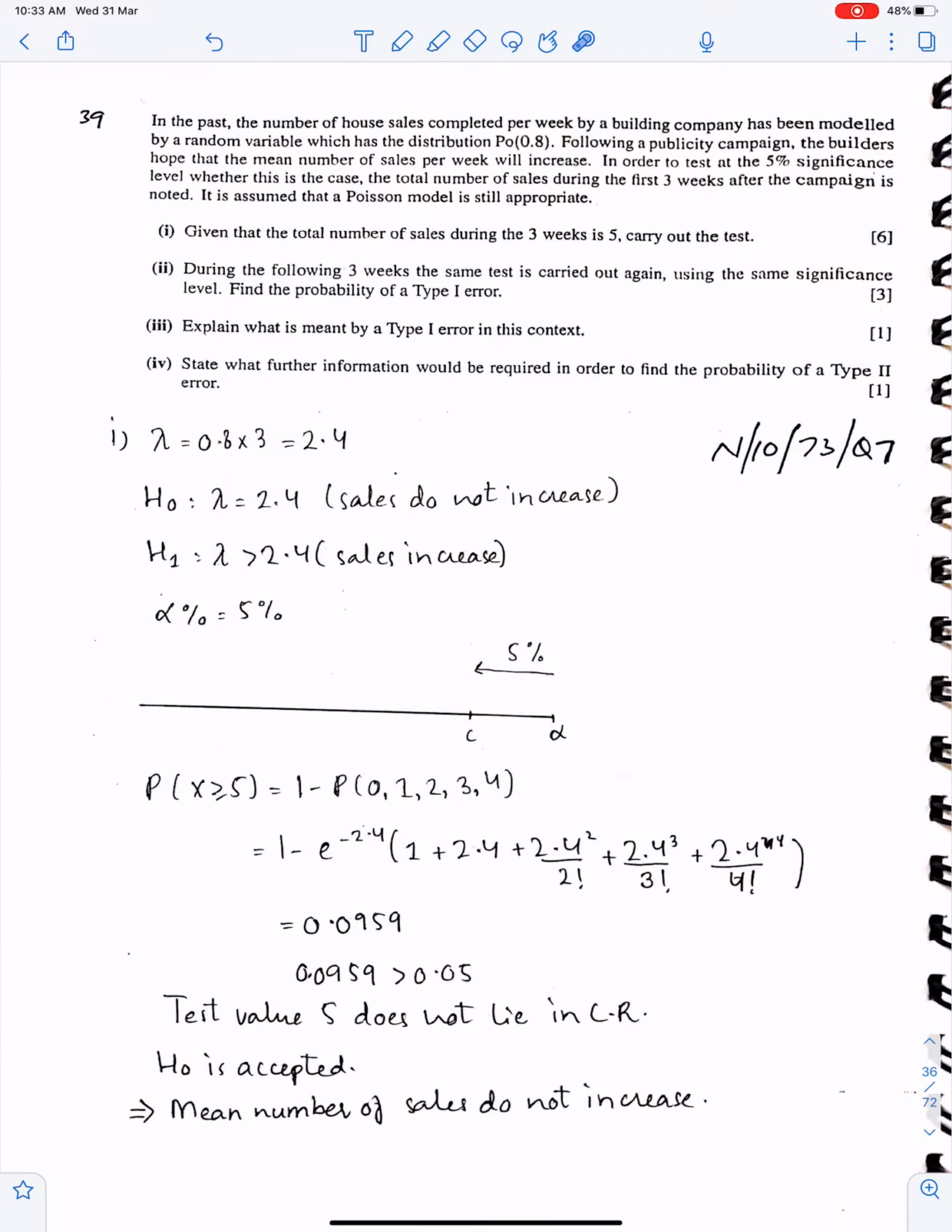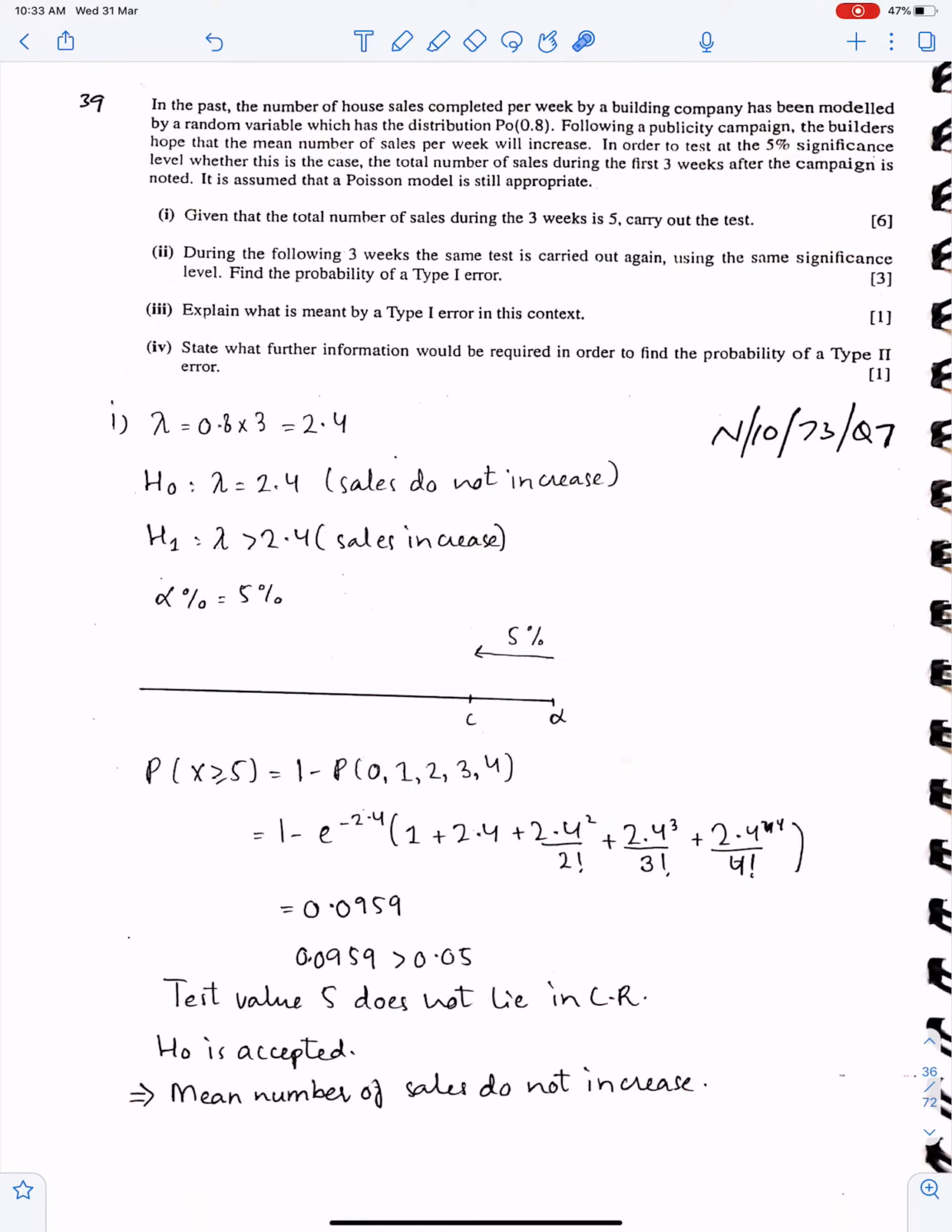Next question, 39. In the past, the number of house sales completed per week by a building company has been modeled by a random variable which has the Poisson distribution. Following a publicity campaign, the builders hope that the mean number of sales per week will increase. So lambda, H1 has the greater sign. In order to test at 5%, 3 weeks. So this is for 1 week, and for 3 weeks it's 2.4. Sales same, sales increase. It is assumed that a Poisson model is still appropriate. Given that the total number of sales during the 3 weeks is 5,